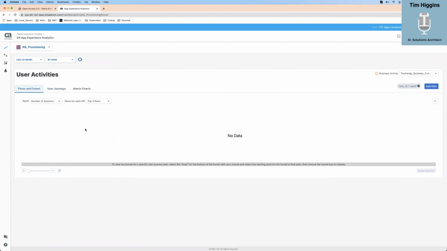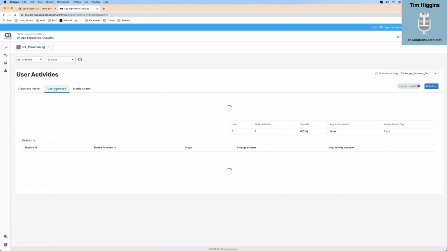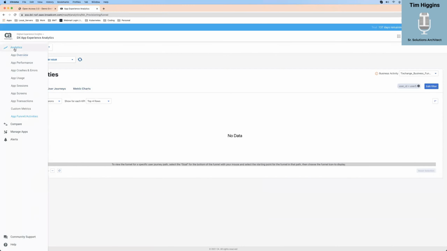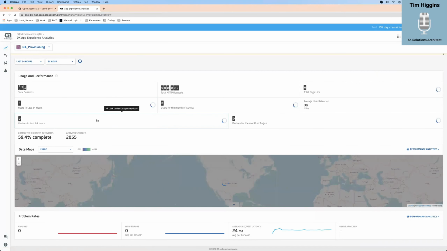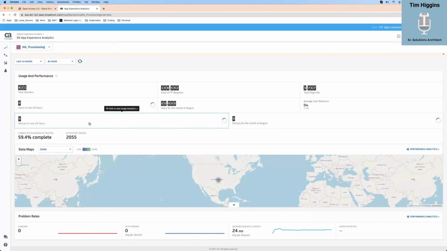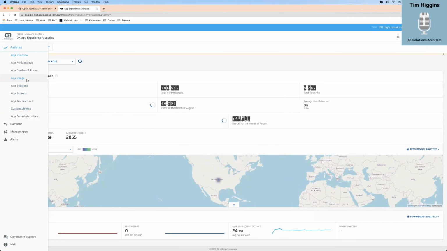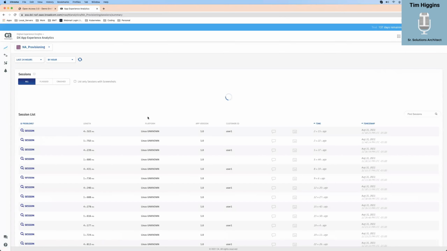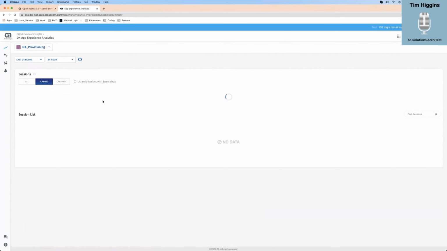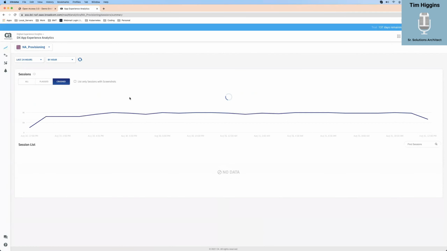Notice I don't have any data here because I stopped the simulation on my laptop. Let's go up here. There we go. But the point is that you can get a lot of good information. You can get to your sessions really fast. Most of the time, like I said, you can be working inside your sessions because you can filter these. If you have any flags, you can flag them. And do I have any crashes, right? Did any data crash along the way?